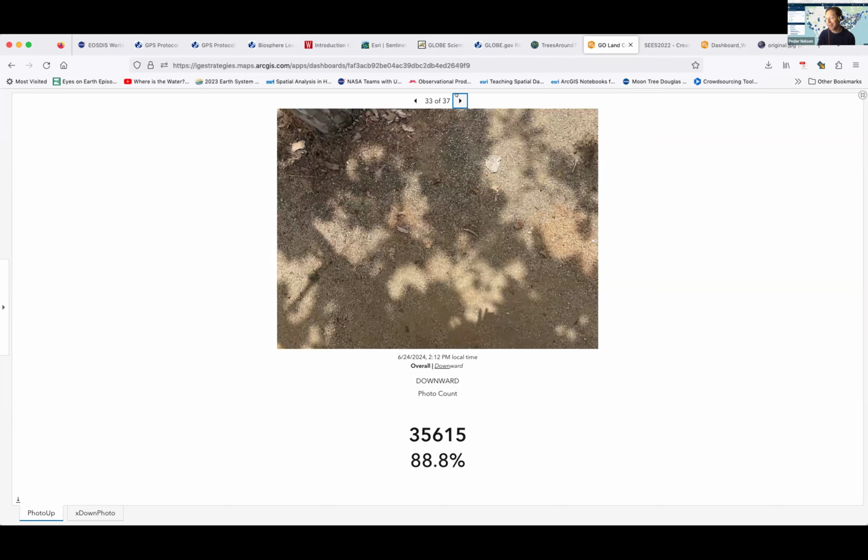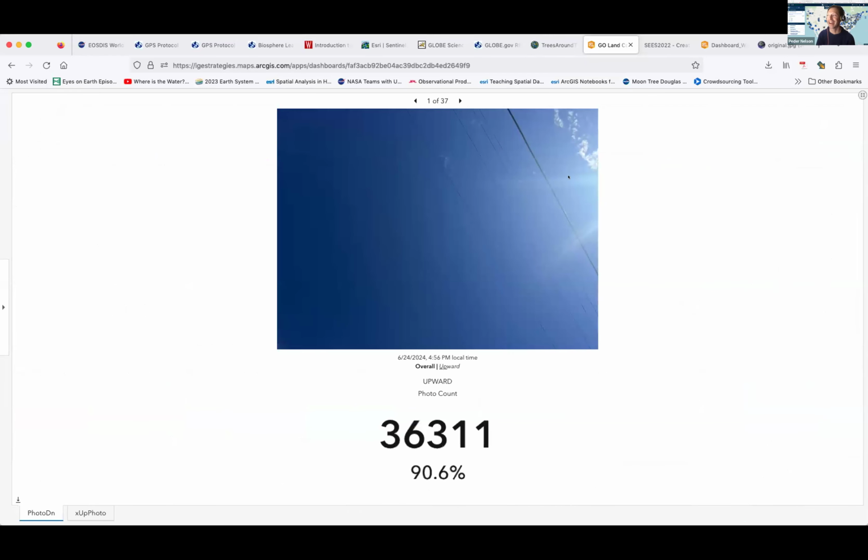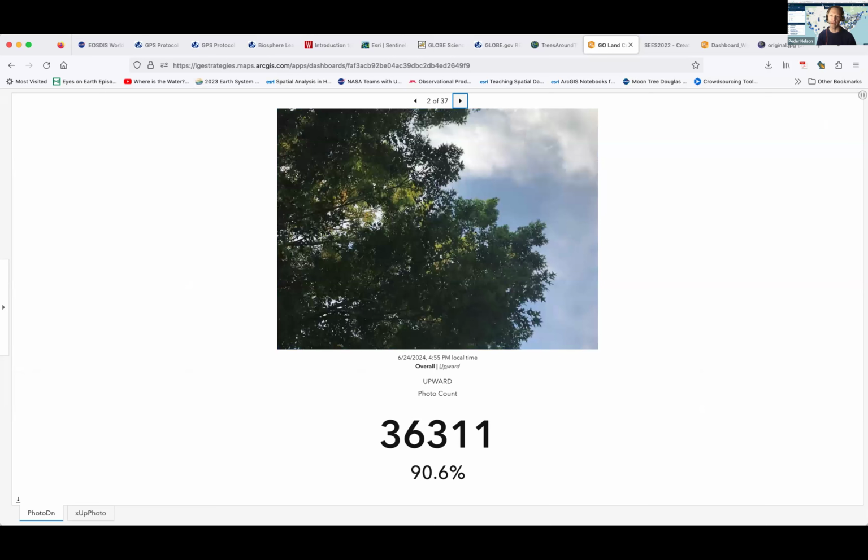And like Brian and I have highlighted before, if you do this when you do your tree height observation, we would actually expect you to be standing in a spot that has clear canopy. We would expect you to actually be in a place like this. And so this provides us that ability to see that contrast between the clear open sky and something that is tree covered or tree canopy covered.